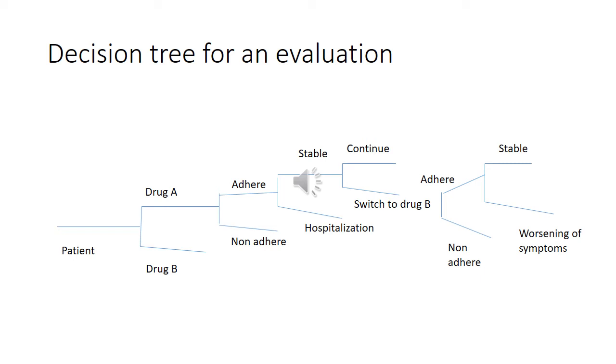So based on this you will have an assessment as to when a particular patient is put on therapy with drug A or drug B, what would be the frequency of worsening of the symptoms or the level of adherence that is shown by the patient to each of the therapies. Sometimes that adherence is correlated with how good a particular drug is. For example, if the drug has less adverse effects, then there will be more adherence.